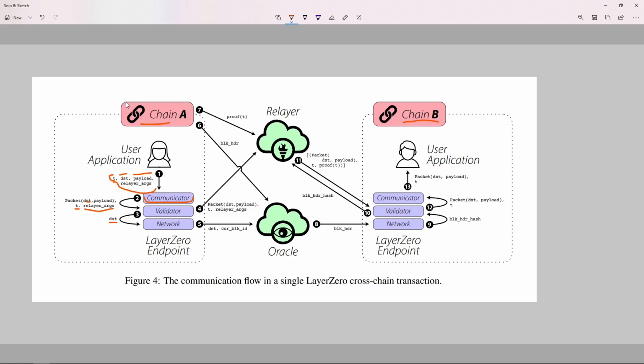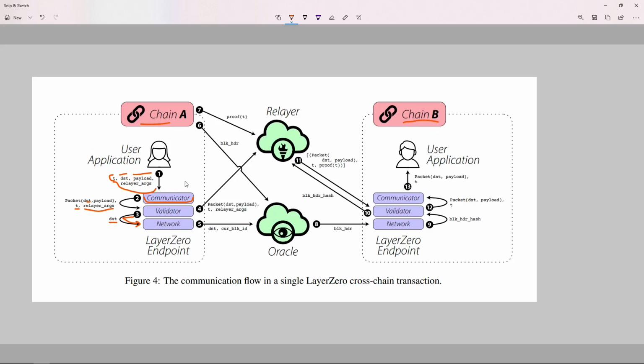So in chain A, Ethereum, our contract is, let's say, 0EABC, and our contract in chain B is also 0EABC. So the destination chain address will be 0EABC, meaning the last 4 to 5 characters of the chain contract address. Okay, so the destination address will be passed along with these details to the network. The network is also an endpoint created by LayerZero.